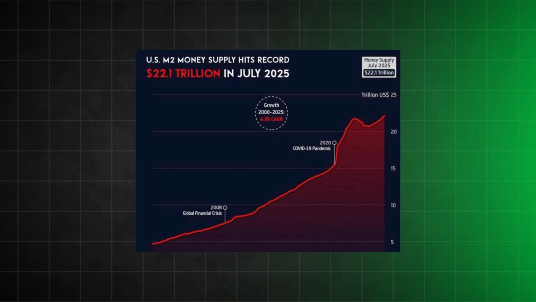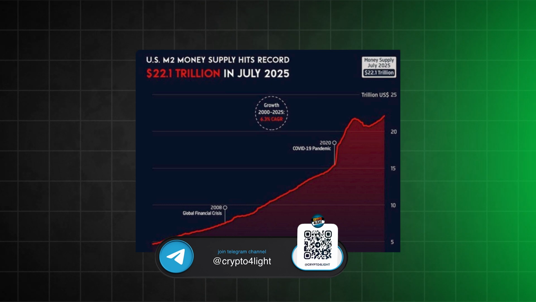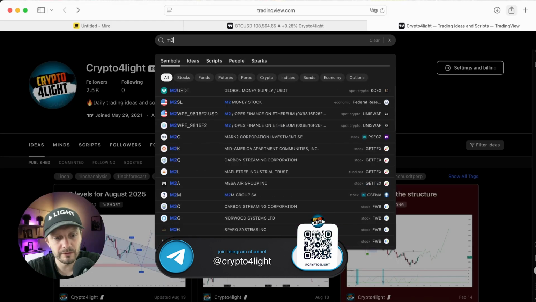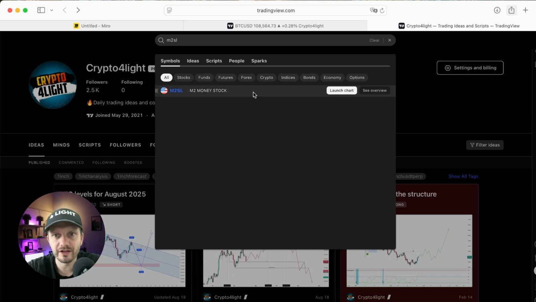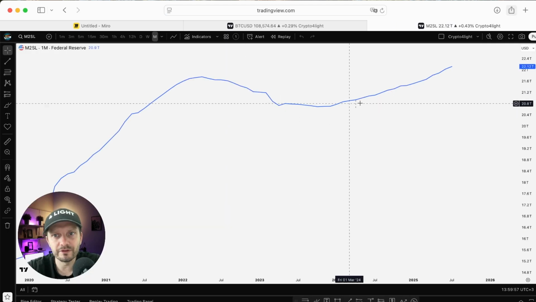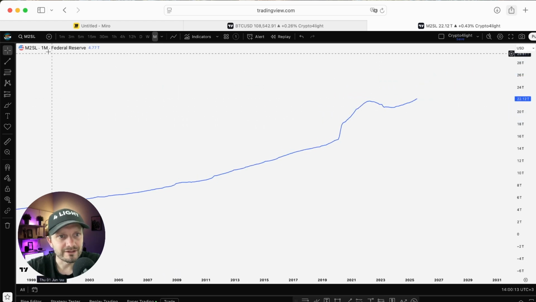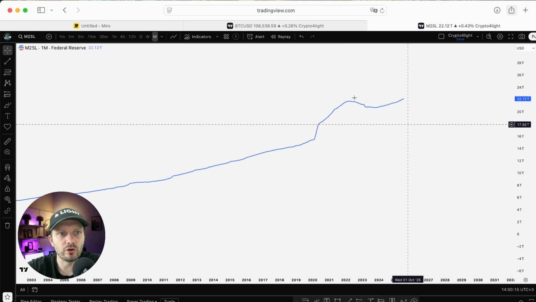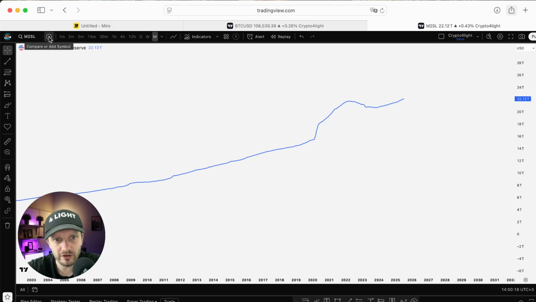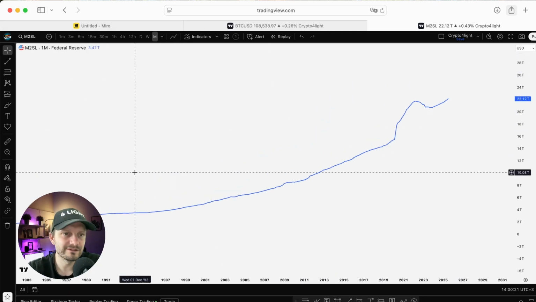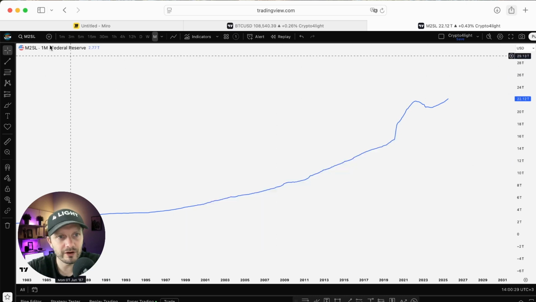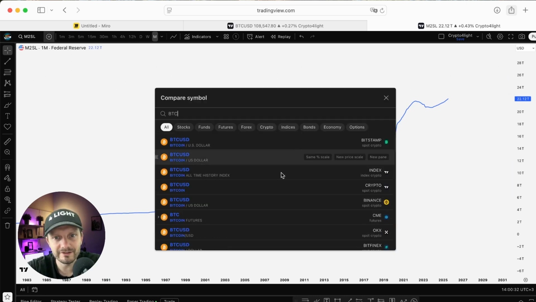On many analytics sources, we can see an infographic of M2, but how can we track M2 by ourselves, for example, on TradingView? We need to go to symbols, type M2SL, find the Federal Reserve economic data, press it, and we open only the line chart available on the monthly time frame. We can compare with the BTC, but basically you will see why on this scale it's not useful, because the supply exists since 1959, and if we press compare symbols, we type BTCUSD, find this one, spot,